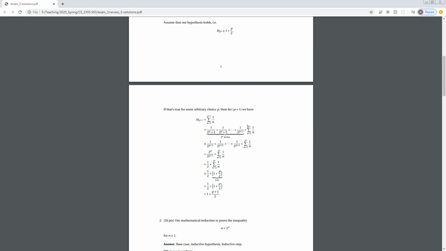So because we want to use the inductive hypothesis, which is just an algebraic substitution, we need to have the presumed value on one hand, and the other terms somewhere else. So we pull out half the terms, so 2 to the p terms, and then we show